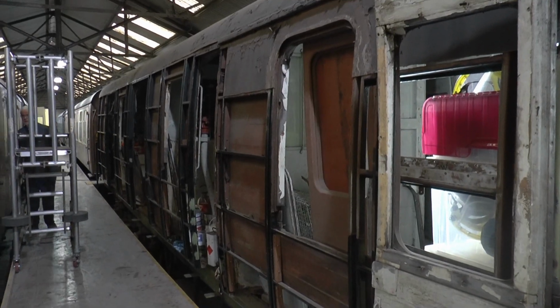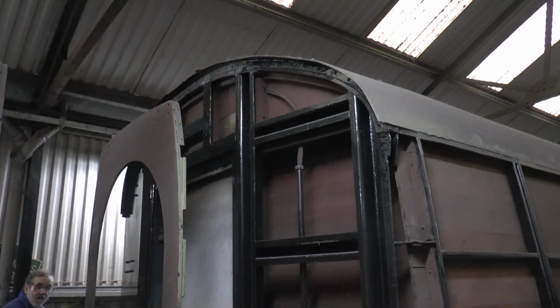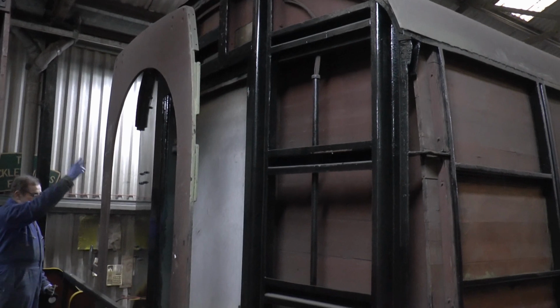Buckley Wells is the base for the 3P20 group, who have refurbished many of the carriages we've seen on the railway. They're currently ahead with this one here,